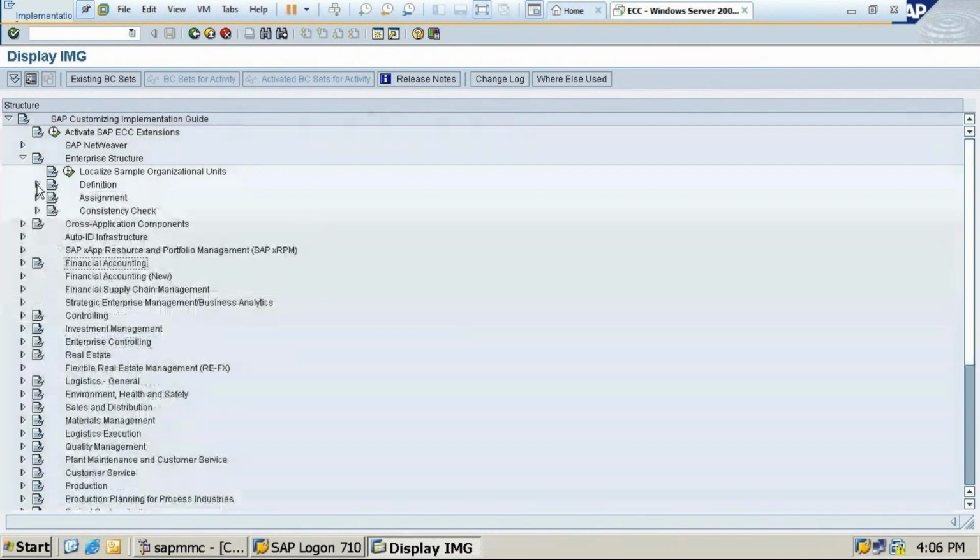Now we have only created. What I need to do now is assign. Now the credit control area is created, and that credit control area for my company needs to be assigned. The company code which I created, MCC1, also should be assigned to the company only. So whatever you create here, you should also assign it. It is like writing a name on a blank textbook. If you don't name it, the book will not be understood as to whom it belongs. So every time I create something in SAP, I should assign it.